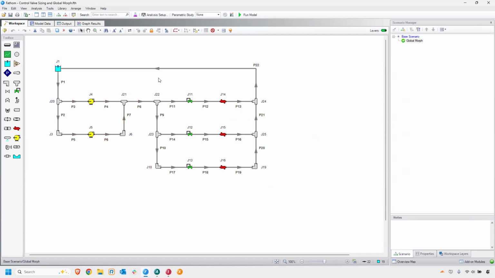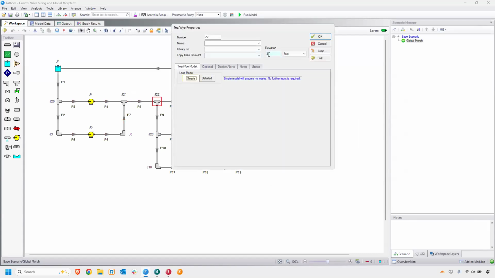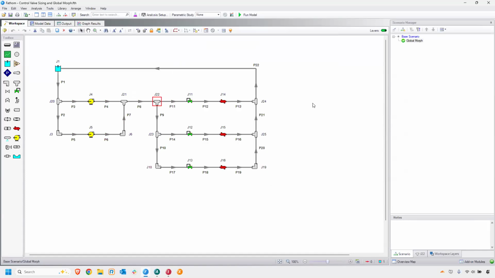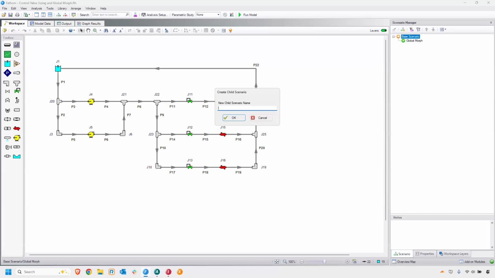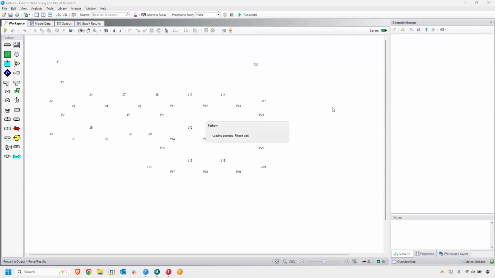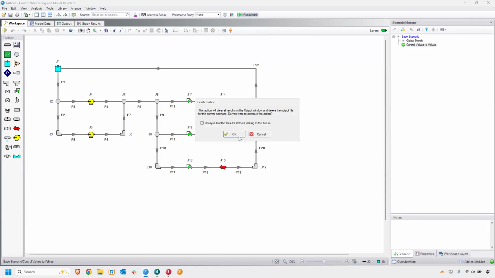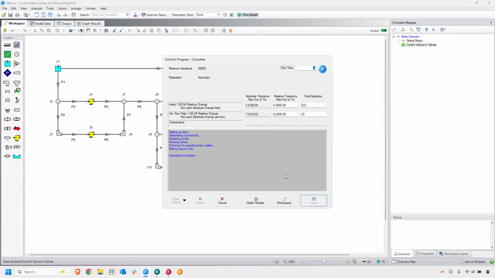We'll do auto rotate to make them look pretty. And any common data, so if we had a name, elevation, any design alerts or notes applied, this will be saved when we perform this global morph. Now, similarly to the way we did this with global morph, we can do this with control valves to automatically size them. So if I run this model real quick,